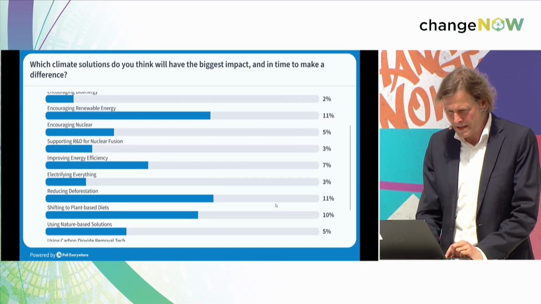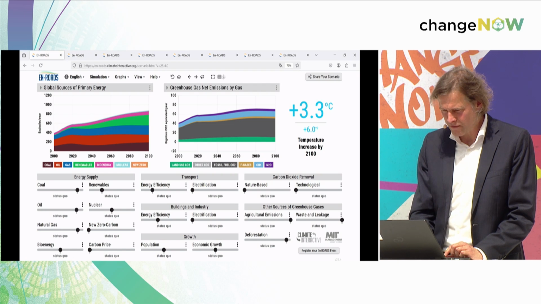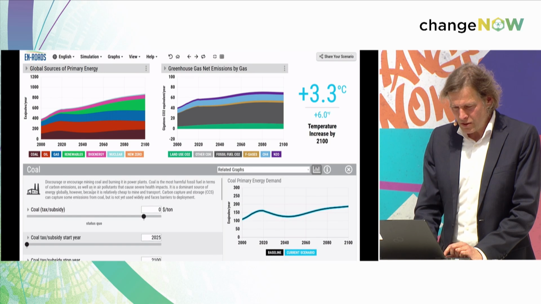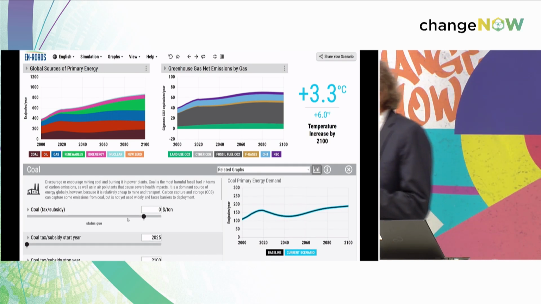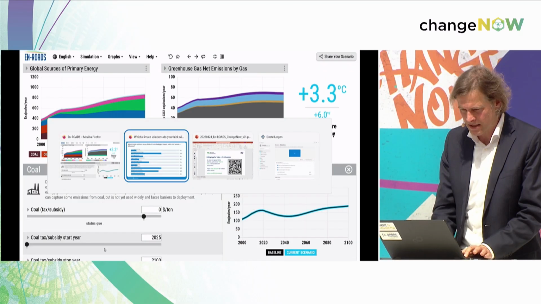So let's start with, how about we start with phasing out fossil fuels, as you were suggesting. All right, so you can do this here, and discouraging, for example, coal, oil, and gas. And for this, before I do this, I want to ask you, what do you think, because En-ROADS is not an answering machine, what do you think is the impact if we are reducing coal? So we are phasing out coal. What do you think is going to be the impact on